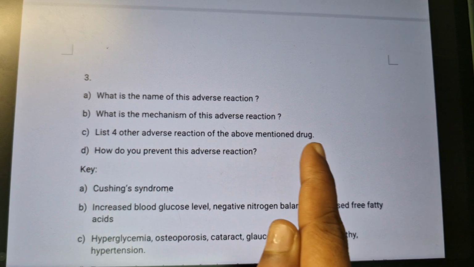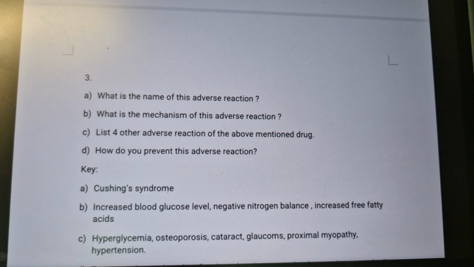Name other four adverse effects of this above mentioned drug. You can remember as glucocorticoids name. So corticoids will cause the same adverse effects. You can remember through the mnemonic glucocorticoids only. G for glaucoma, L for limb atrophy or limb myopathy, U for ulcer, C for cataract, and the other C in glucocorticoids is for Cushing syndrome, and the two O's you will get for osteoporosis and osteonecrosis, and you will get a